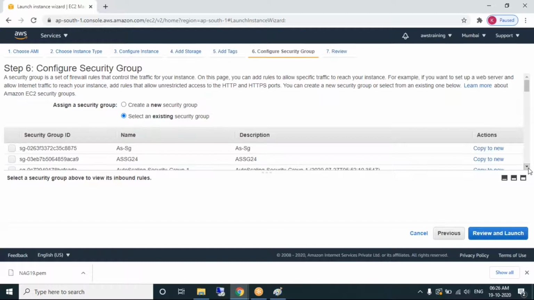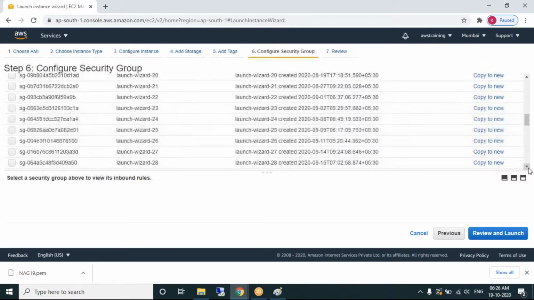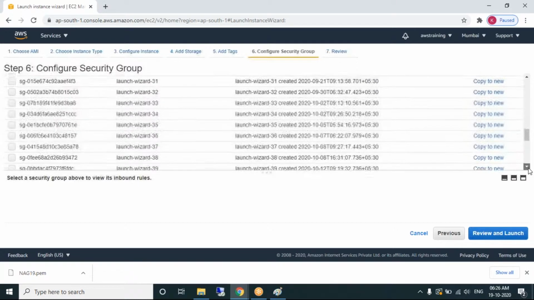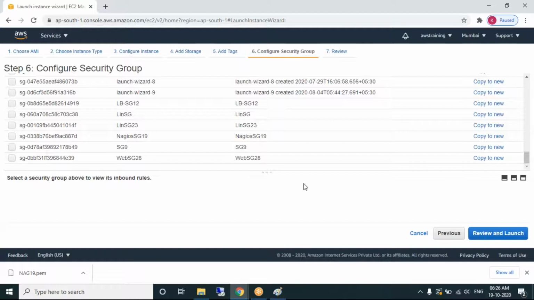We have created one security group for Nagios.